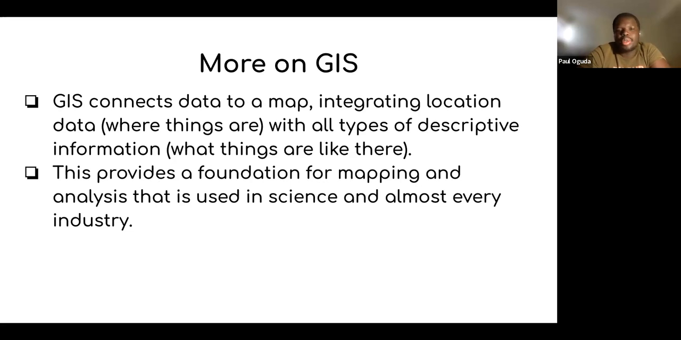So through GIS, you're able to connect data to a map, integrating location. So you'll be able to know where things are in a given space, in space and time. So you'll also know how things are in a certain area. And this is really important when it comes to decision making for not just businesses, governments, and also currently,